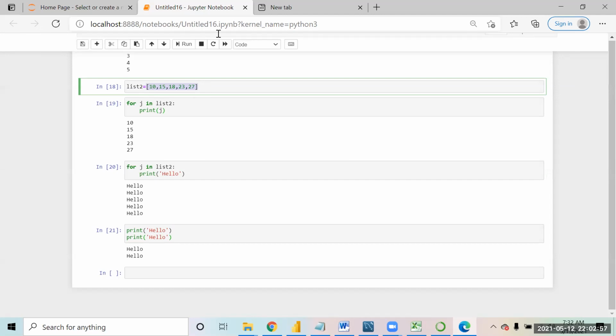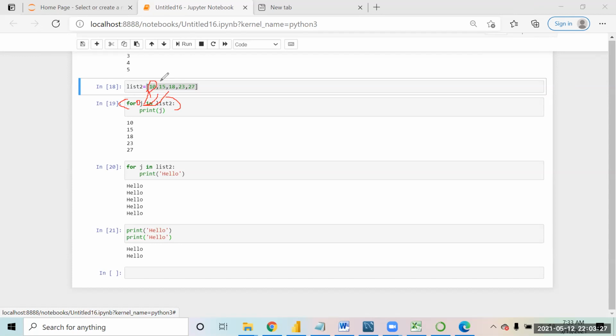In this condition I have written for j in list 2. So list 2 is telling that this has to run 5 times. And over here, this j is like a variable. The first time the loop runs, j will pick up the value 10. The second time, j will pick up the value 50. The third time, it will pick up 80.